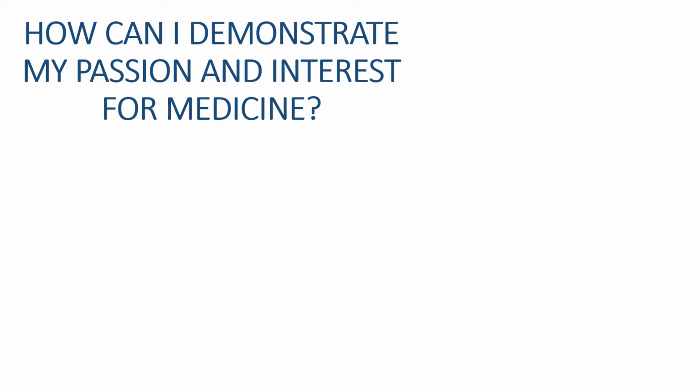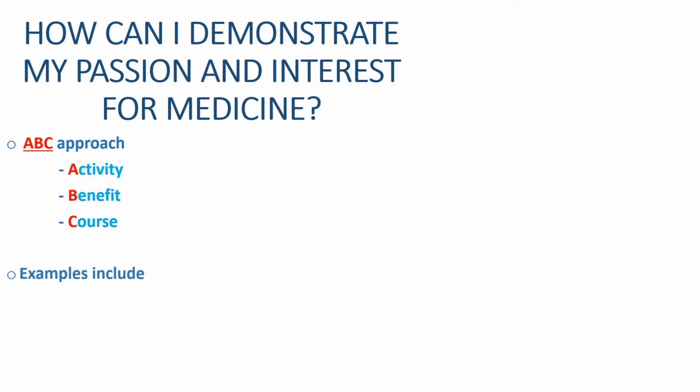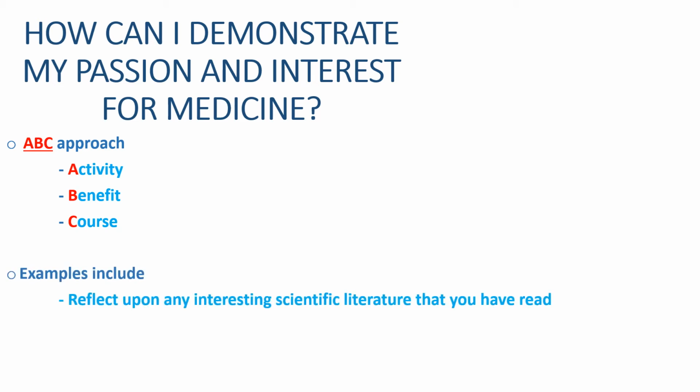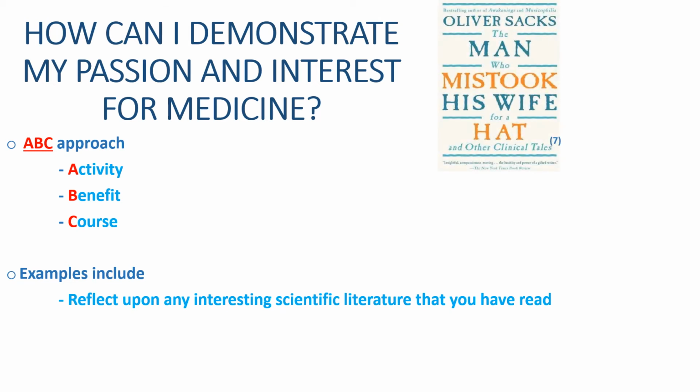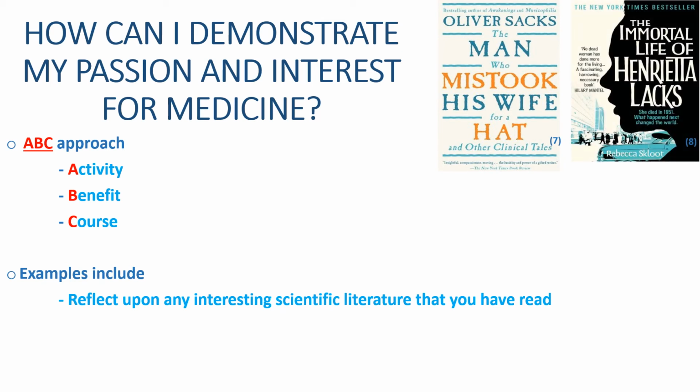And also another section involves demonstrating passions and interests for medicine. So again, using the ABC approach, examples can include reflecting upon any interesting scientific literature that you've read. An example of that is when I applied to medical school, some of the medical related books that I read included The Man Who Mistook His Wife for a Hat and also The Immortal Life of Henrietta Lacks. These are two very engaging, very interesting medically related books. So if you have a read of these two books or any other books that take your fancy,